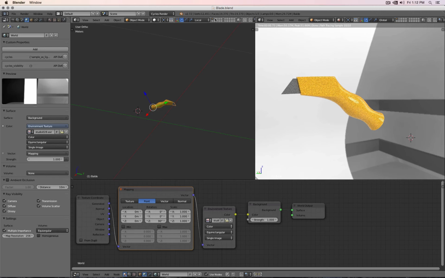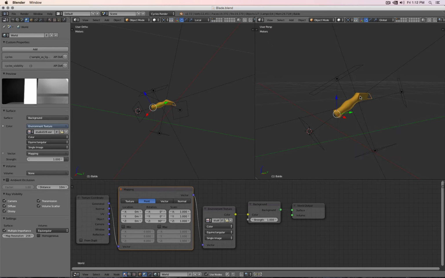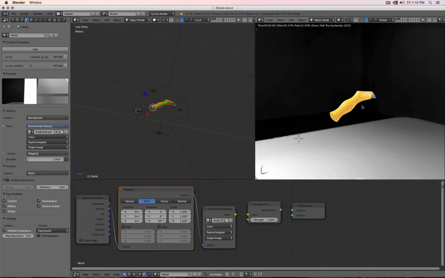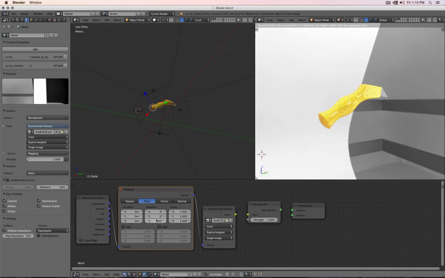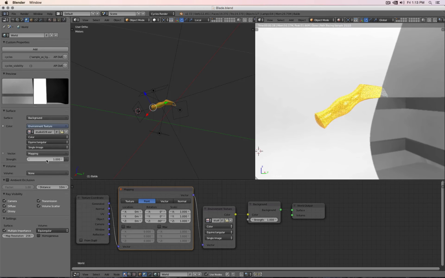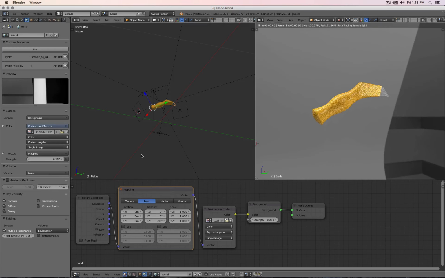Actually, how does this look with our additional lights? So I want to actually see everything from here, which means I have to rotate this one minus 90. Yeah, okay, and then I can maybe tune this one down, 0.25,